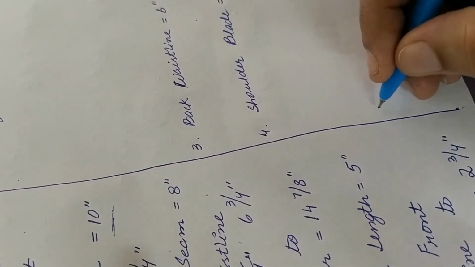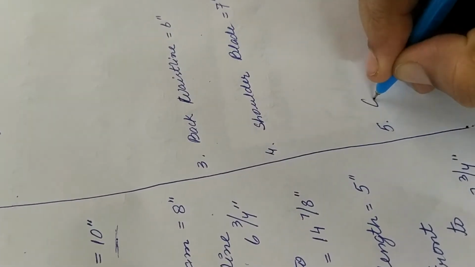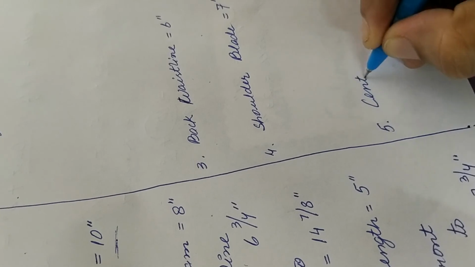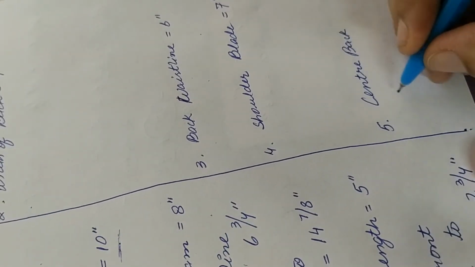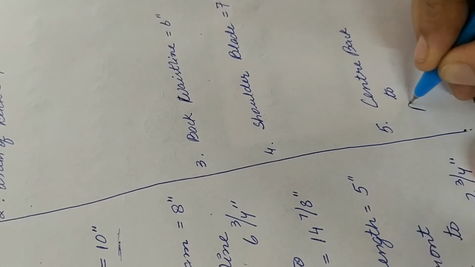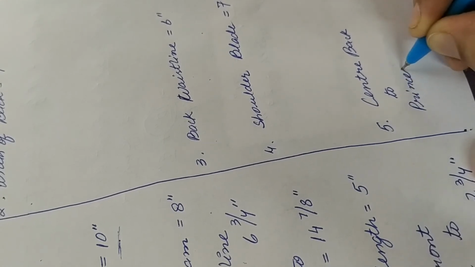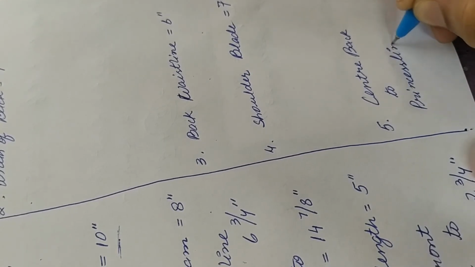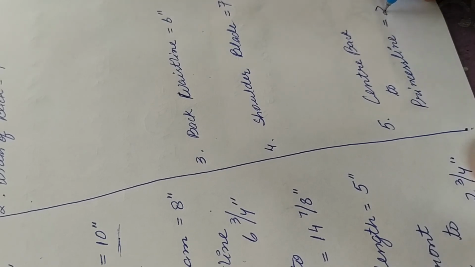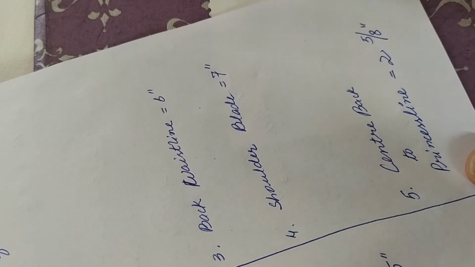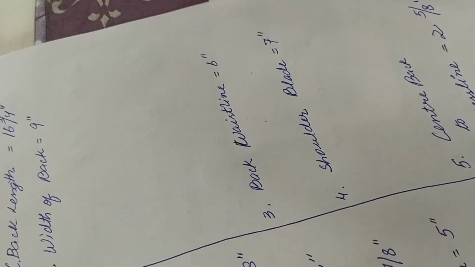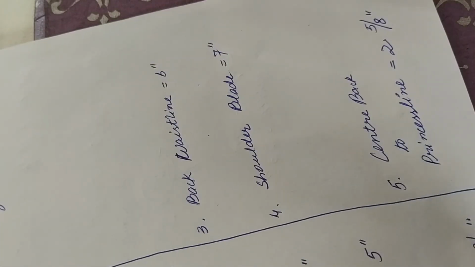The next measurement after this is center back to princess line. And this measurement is 5/8 inches. So these are the measurements that we need for the back block